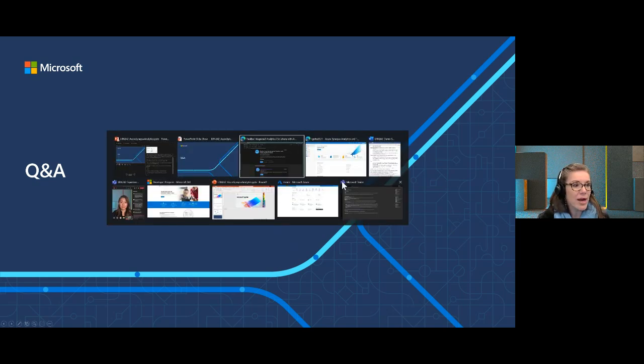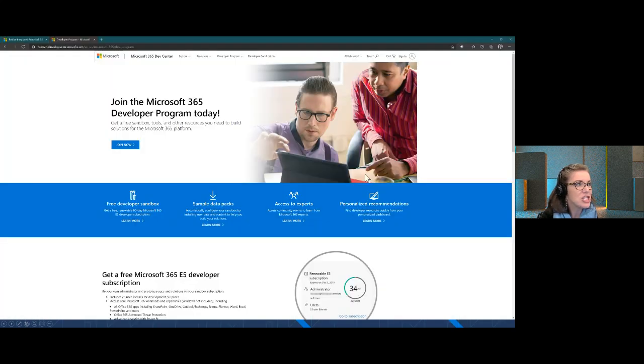What I would recommend in this case is to take a look at the Microsoft 365 developer program. If you do not have permissions to spin up a resource group, if you join the Microsoft 365 developer program, you can get a Microsoft 365 E5 license to use for development purposes.